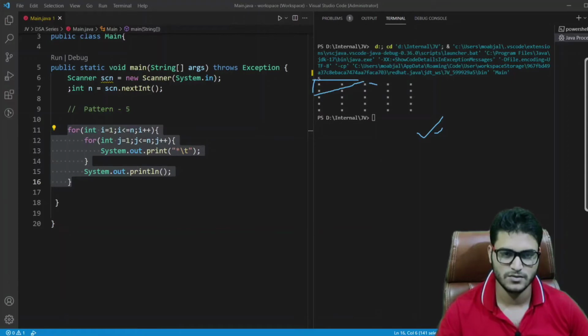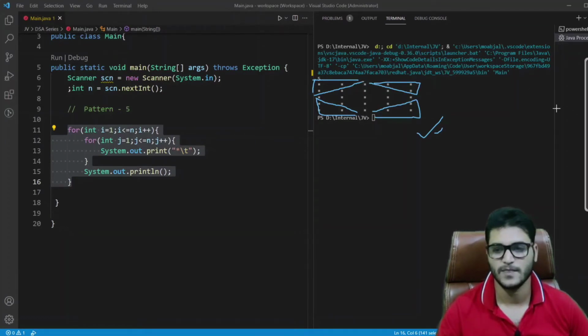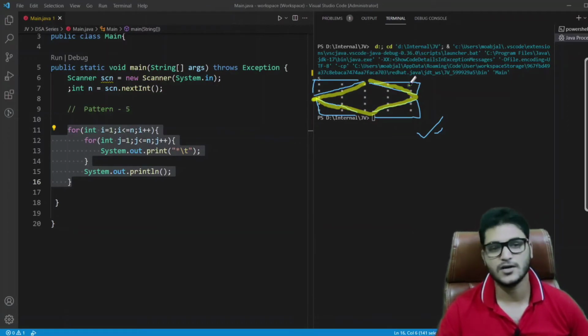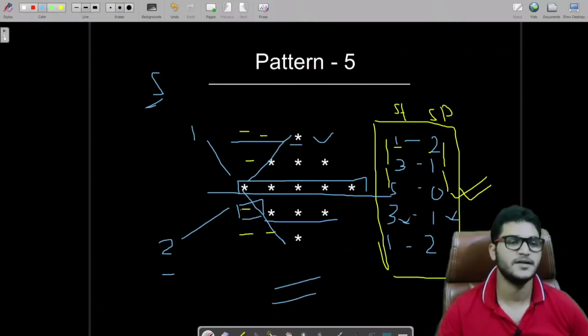Also these. Fine. So we need to get rid of these spaces. We need to think about the logic of this. The stars which are in this box, we have to print them. We just have to print these stars which are in this box. The logic for doing this I have already explained here. You can see we just have to apply this logic. That's why I mentioned that these are the numbers which are very important to tackle this pattern.